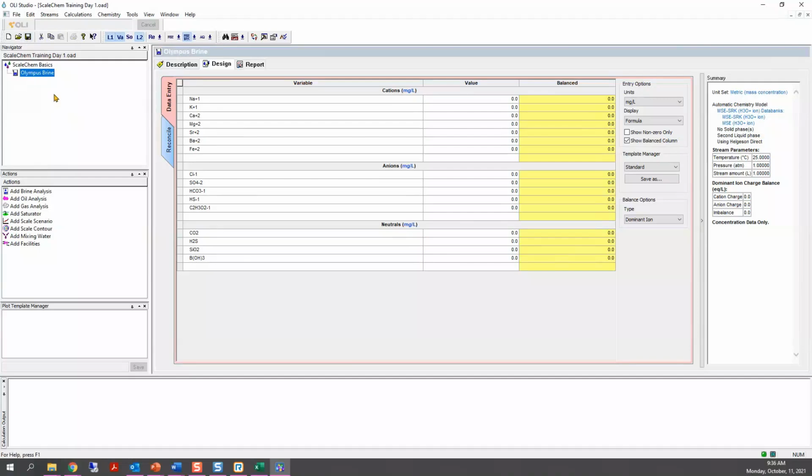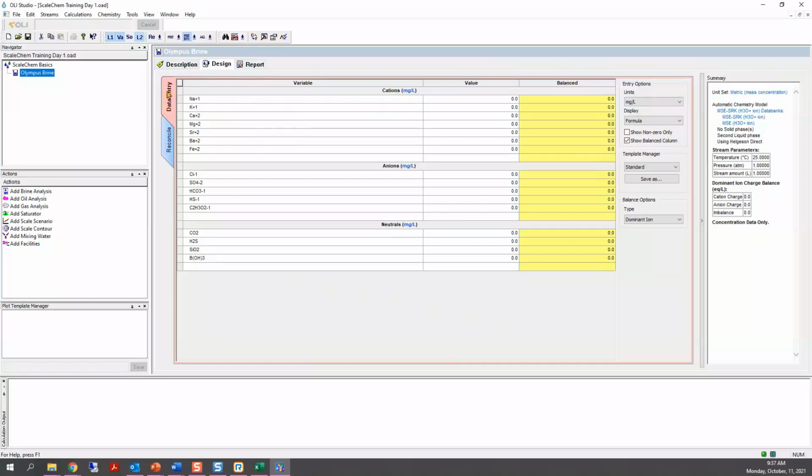So once you bring the Olympus brine here to the right, you'll see that you have a new screen where you will enter your data. There is a data entry, and there is another tab here that is a reconcile. Okay, and this data entry and this reconcile are under this design tab, and then to analyze results, we go to the report tab.